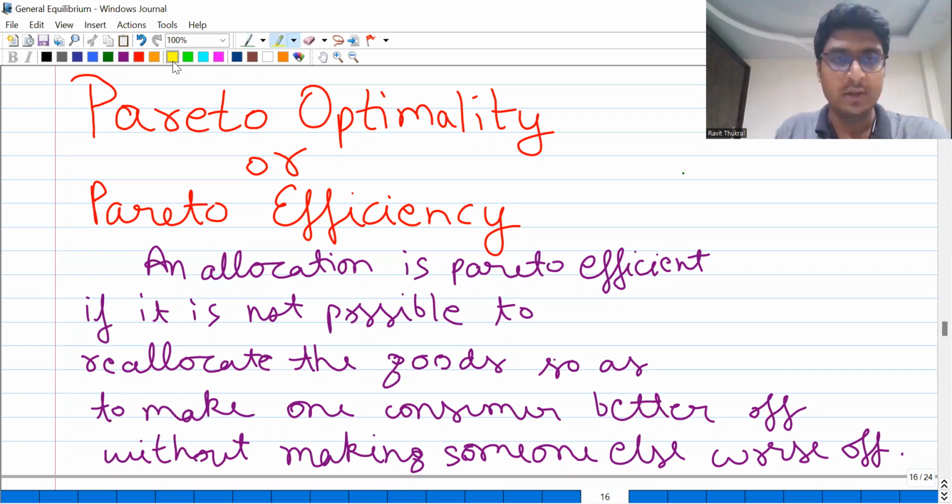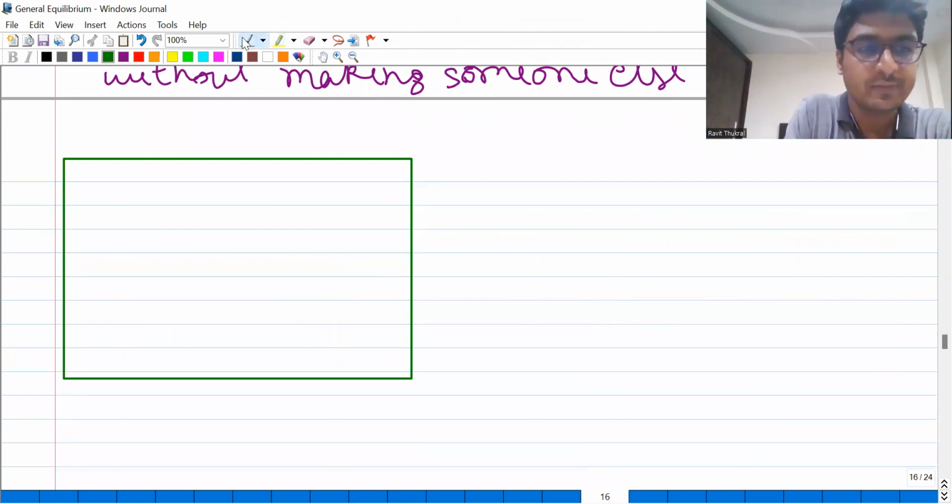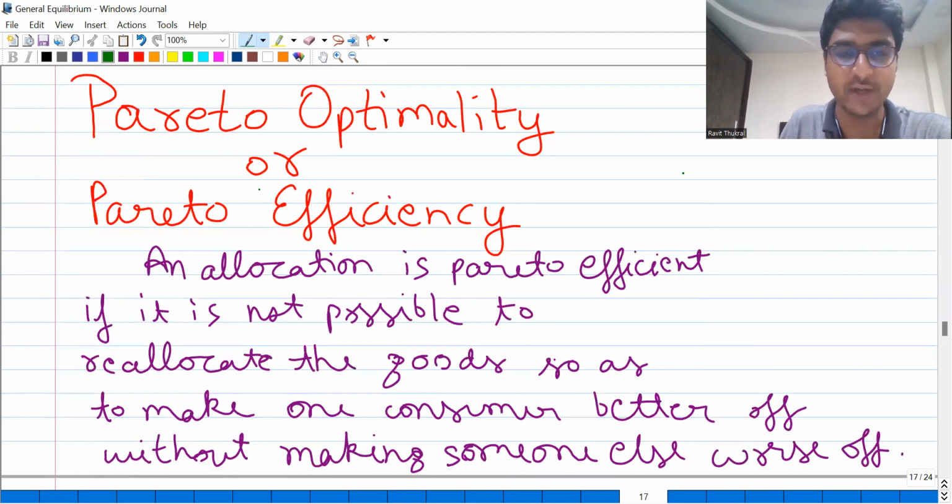Hi. So we'll talk about Pareto optimality or Pareto efficiency. Okay. So in the last video, we talked about construction of Edgeworth box, and this Edgeworth box has different allocations, right? So these are the allocations inside the Edgeworth box. Okay. So now we want to know which of these allocations are Pareto efficient and which of these are not Pareto efficient. Okay. So to know that, we need a definition for Pareto optimality, which was given by